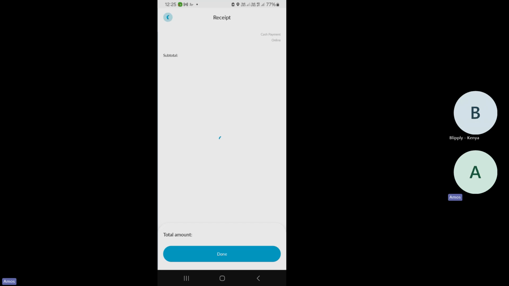So this now reduces doubt anytime a customer is coming to say, maybe I bought this product from you. You can be able to track and say, on which day at what time did you buy the product. You can view a receipt for even past transactions. And these receipts are very important because you're able to know which product you sold, for how much, and which method they paid with.